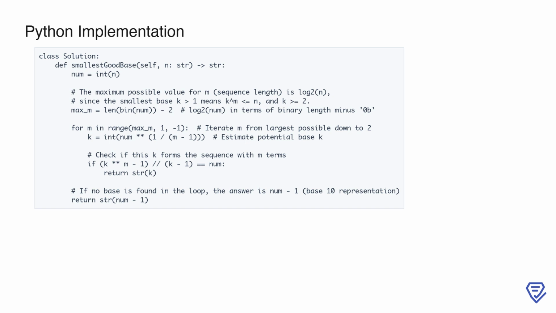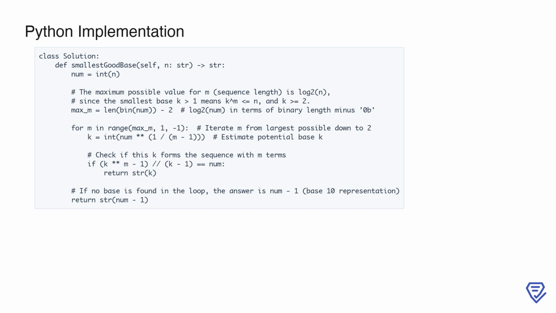6. Fallback to default base: if no valid base k is found, for m equals 2, the smallest good base is n-1, which corresponds to representing n in base n-1 as 1 plus n-1. Python: return str(number - 1). The time complexity of the solution is efficient due to the logarithmic search for m and the constant time arithmetic checks for each m, making it suitable for large values of n. The algorithm ensures correctness by iterating from the largest possible sequence length to the smallest, guaranteeing that the smallest base